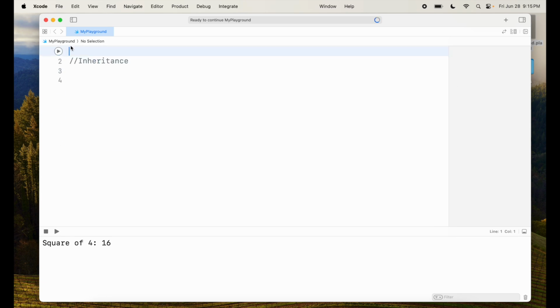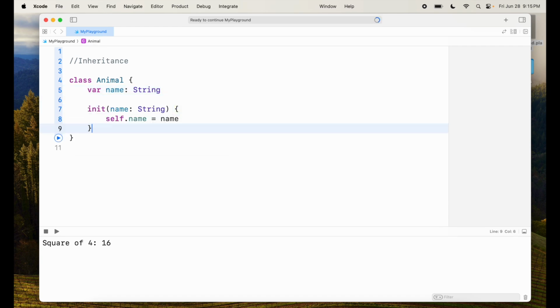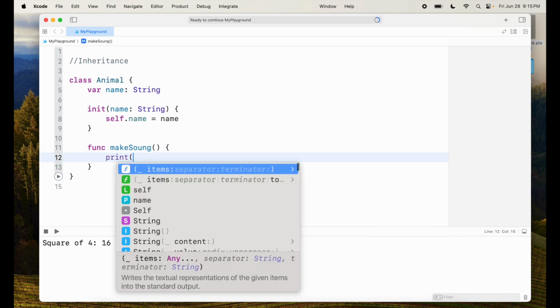Now that we're done with methods, let's look at inheritance. Now inheritance allows a class to inherit properties and methods from another class. The class that inherits it is called a subclass, and the class being inherited from is called a superclass. Let's look at an example. So I create a class Animal. Now this animal has a name, of the type String. Okay, next I need an initializer, which it automatically makes for me. Create a method called makeSound, and I'll say print. By default, I'll just say